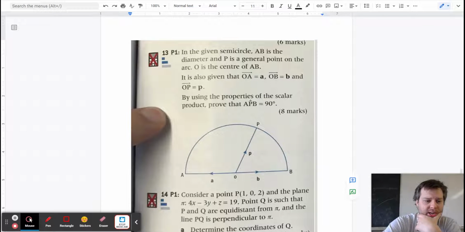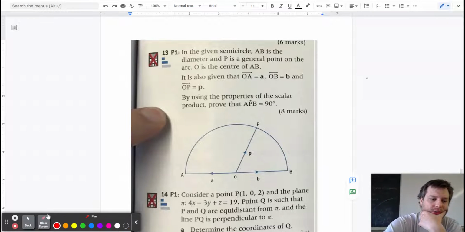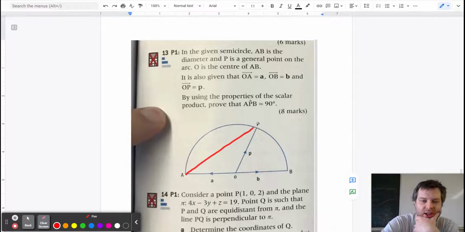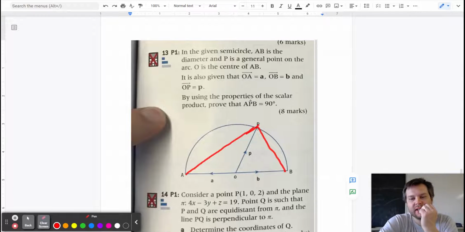All right, taking a shot at number 13 here. We've got our semicircle, points A and B, and we are trying to take this angle here and prove that it's 90 degrees. Nice thing is that it looks like it's 90 degrees. So all we're going to do is just hope that by using the dot product, we end up with an